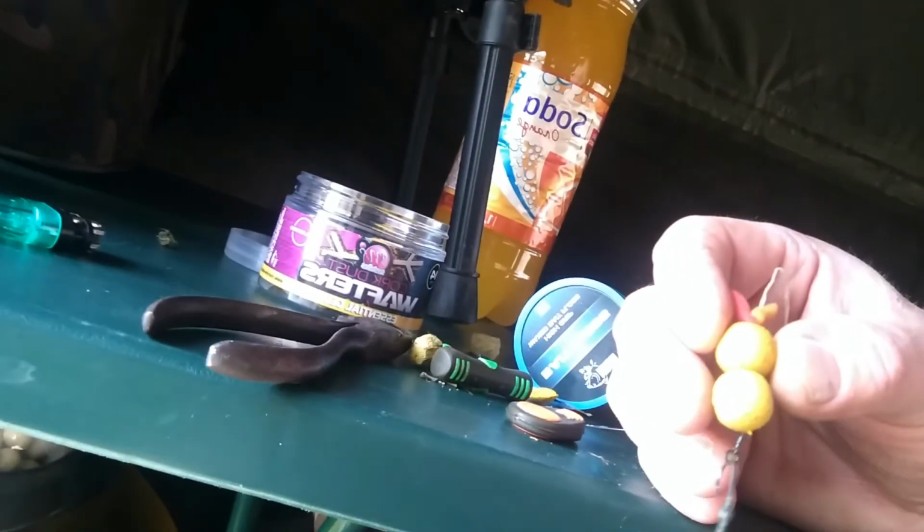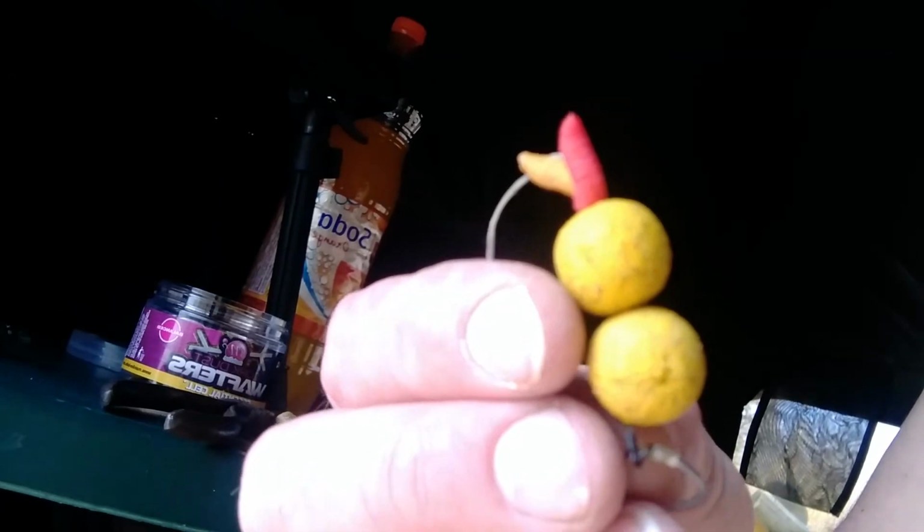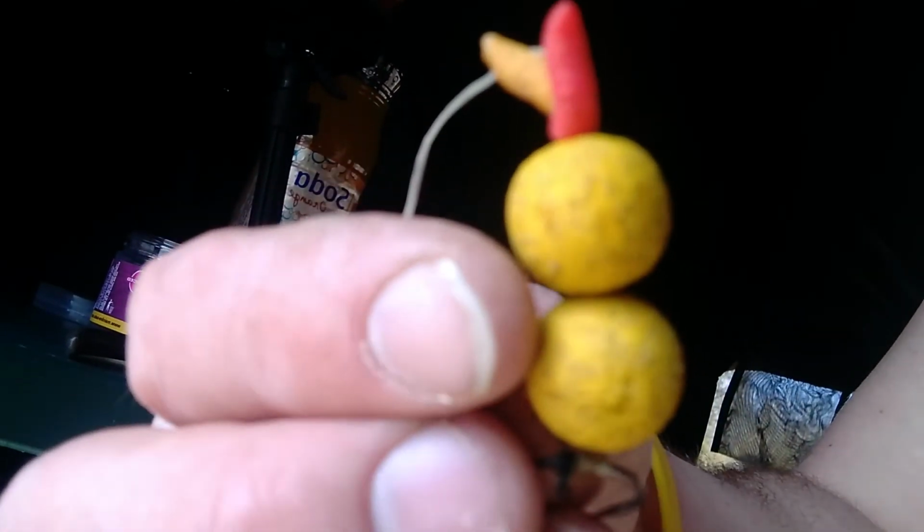Anyways, little chat through the rigs. So very sweet cord dependent here, hence why I've gone for still. I've still got faith in the Mainline Essential Cell wafters with the cork dust. Doubled up on them. As always, size 4 curve shank Ronnie, micro bar. Now I've topped it again with a couple of little fake maggot,